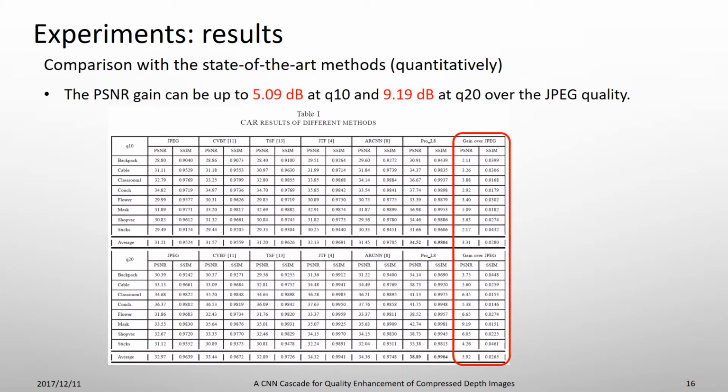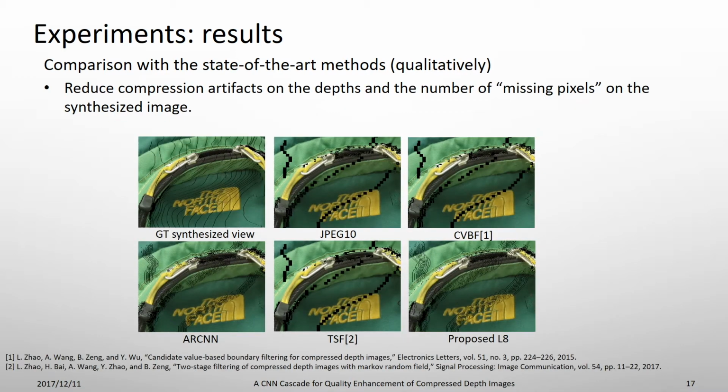Table 1 shows the quantitative comparison results with the state-of-the-art methods, and the PSNR gain can be up to 5.09 dB at quality 10 and 9.919 dB at quality 20 over the JPEG images. Moreover, this slide shows the virtual view results of different methods. Since the proposed method can suppress compression artifacts on the depth images, it reduces the number of missing pixels on